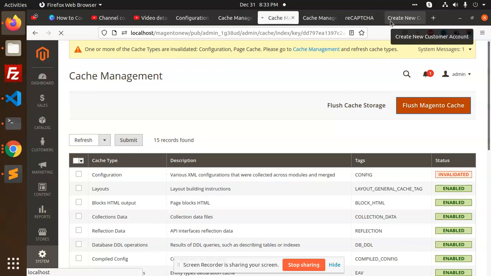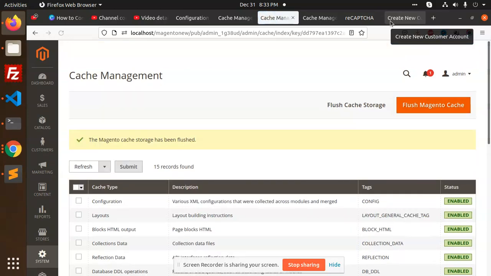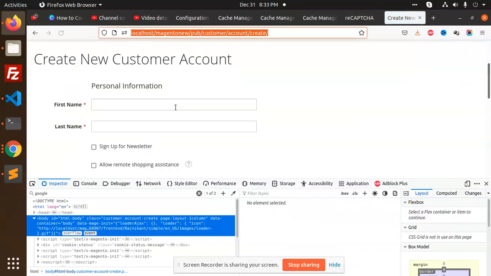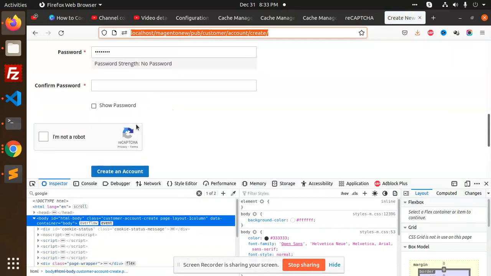Now the cache is flushed. Reload the page. See, it comes. I'm not a robot, right?